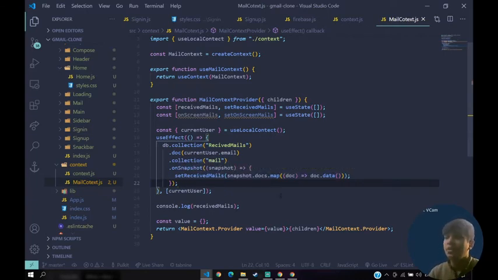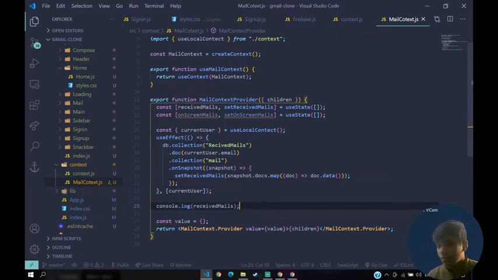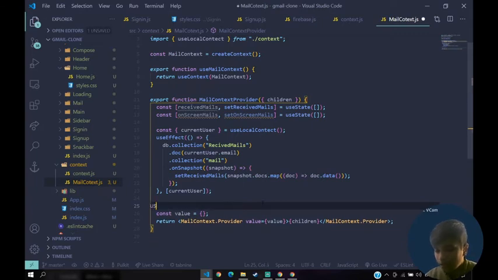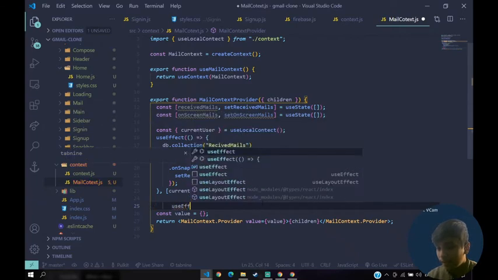So the next thing we want to do is display all the mails that we have, right? For now our on-screen mails is going to be only received mails. What I'll do is use effect.